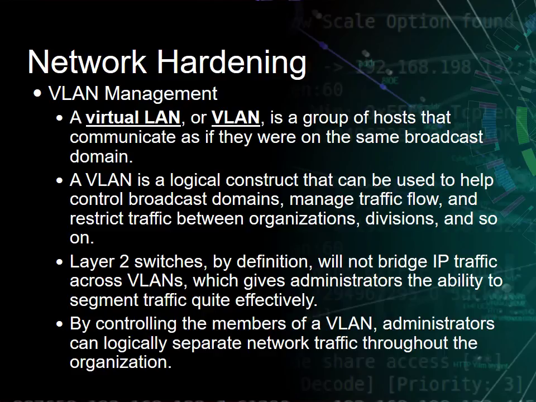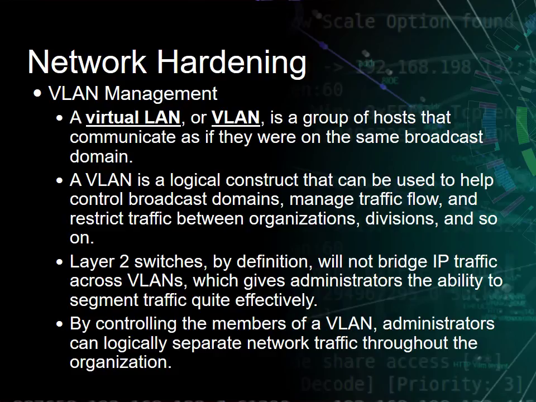So for example, let's say you have an IP scheme of 192.168.10.1, then another one of 192.168.20.1. You have the 10 and the 20. You could have one be the 10 VLAN and one be the 20 VLAN, and they could be sharing the same switch and the same port off the router, but they don't see each other because they're on two different